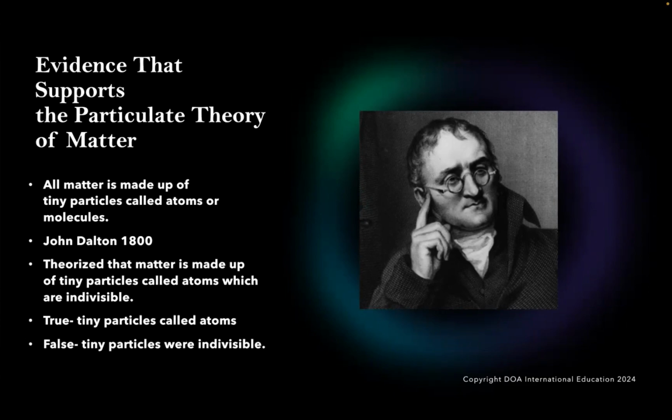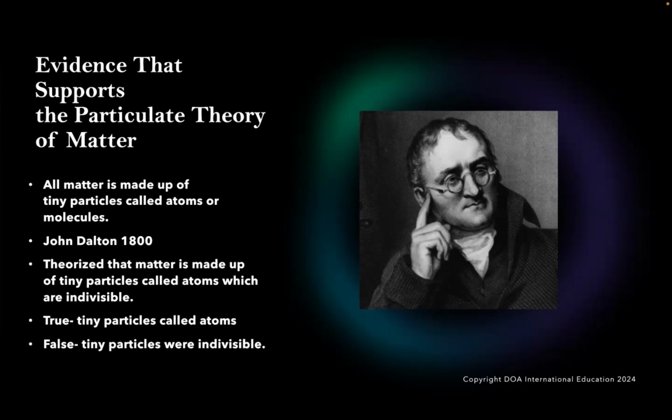Thankfully, back then in the scientific world, we had this British scientist called John Dalton. He studied the chemistry of the elements, and he theorized that matter was made up of tiny particles called atoms,